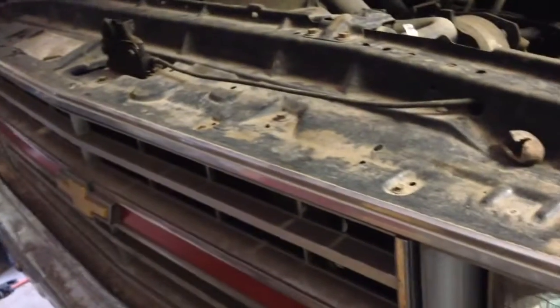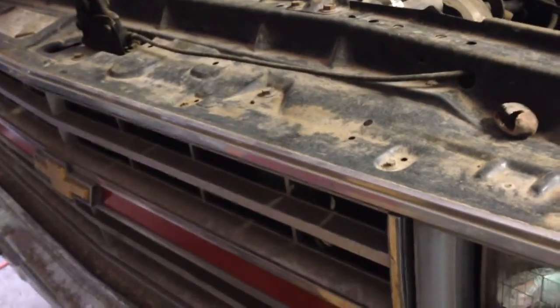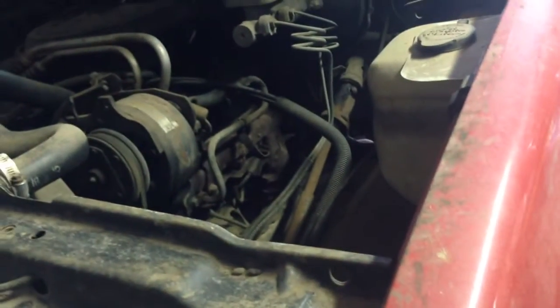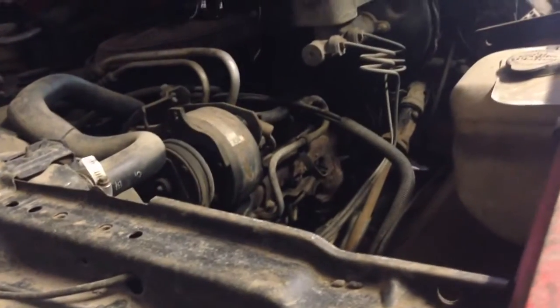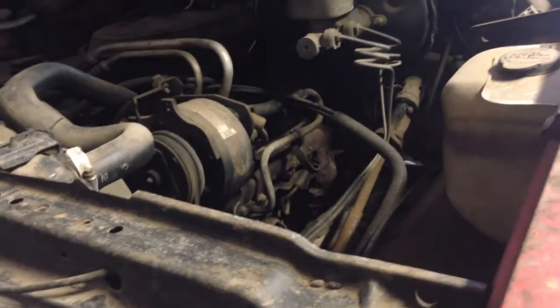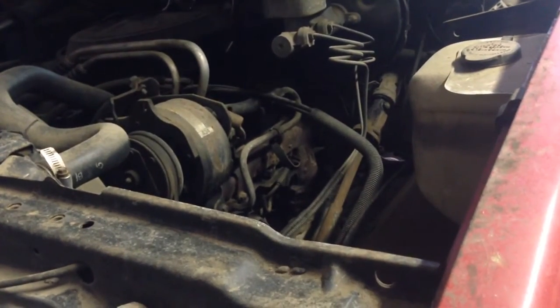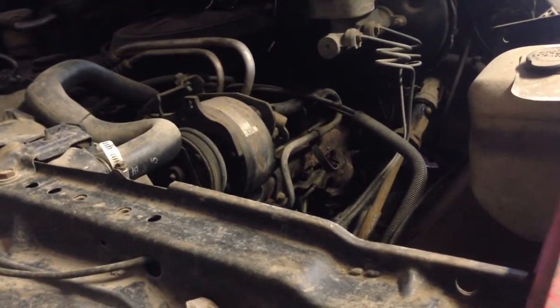Going range for them is between $300 and $500 for a supposedly good one, it seems like, from what I'm seeing on Craigslist. I've got a transmission friend, he's got a transmission shop, and he knew I was looking for one, and he called me, and he has a friend who does LS swaps, and